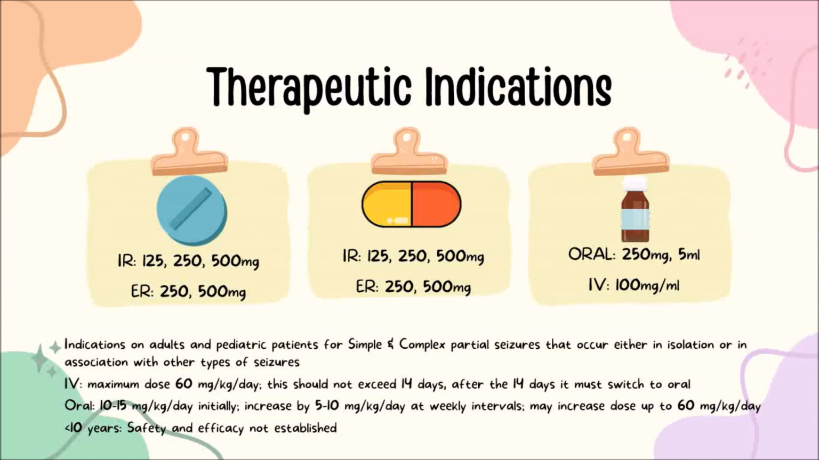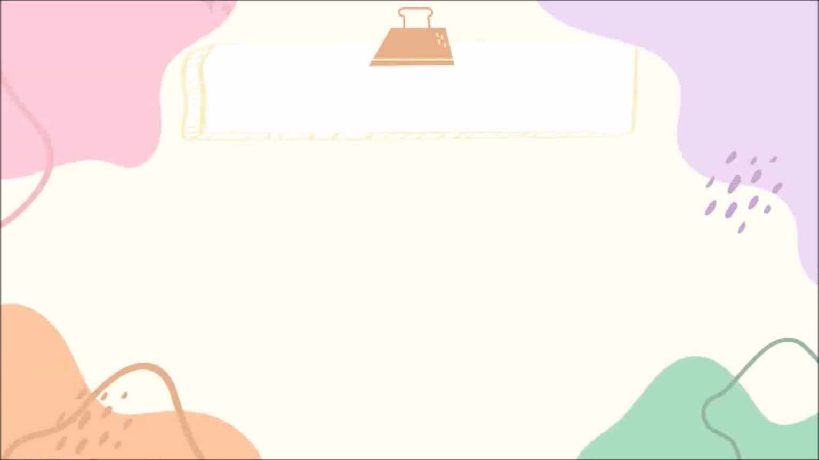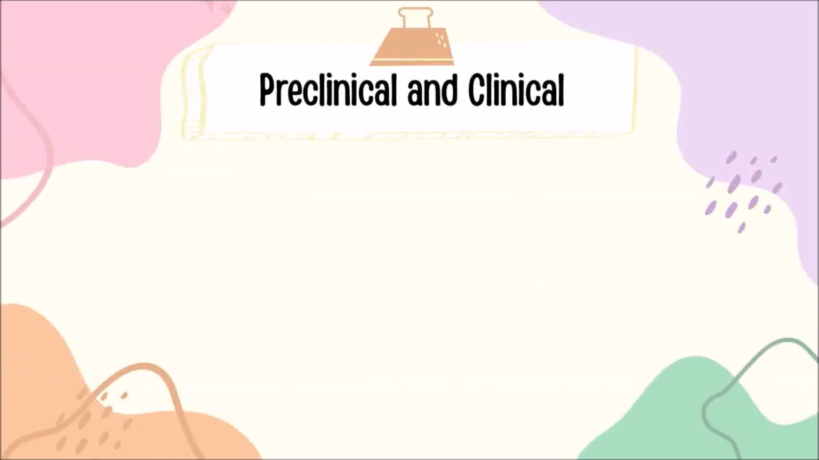The oral dose must initially start with 10 to 15 milligrams per kilogram per day and be increased by 5 to 10 milligrams per kilogram per day at weekly intervals. For pediatric patients less than 10 years old, safety and efficacy haven't been established. Valproic acid, which is a short-chain fatty acid, inhibits histone deacetylases, HDACs, that play a